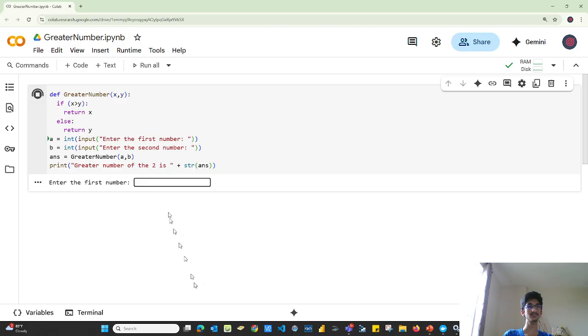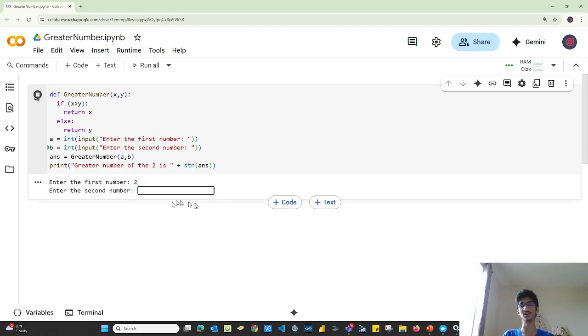And then if I were going back to the question, if I were to input 2 and then 1, what do you guys think the program would output? Alright, so Robert, I think, is not sure. Greater than the 2 is 2, yeah. So Robert, it would output 2 because,